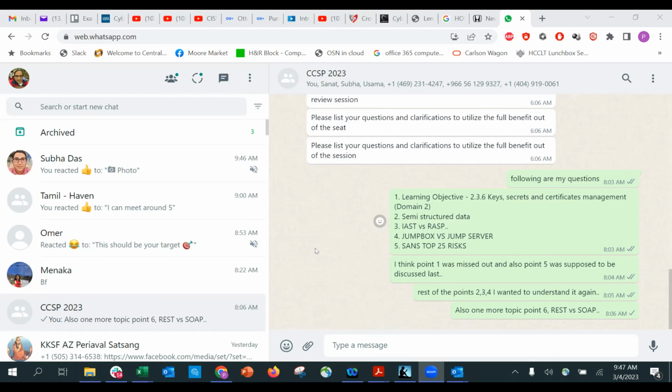What is the difference between IAST and vulnerability assessment? In vulnerability assessment, the application may be on a test environment or whatever. But in the IAST, the application is in production. It is running. All the applications are running with their full load, and processes are interacting with each other, and everything is going as normal. At the same time, you are continually scanning for any security vulnerability. Okay, this is the IAST.